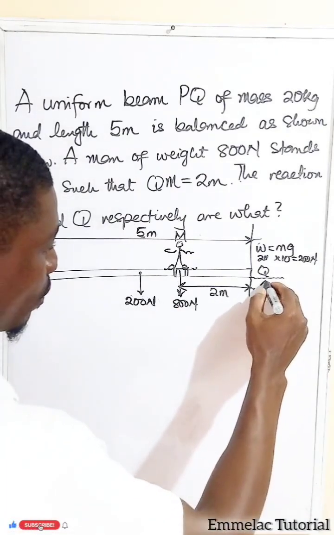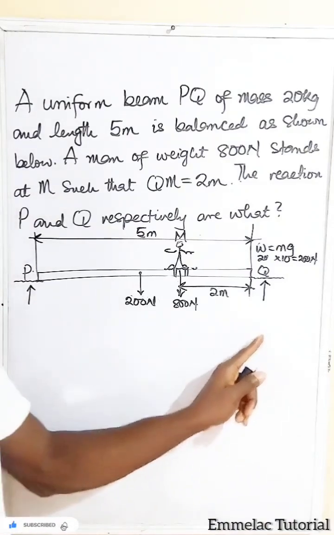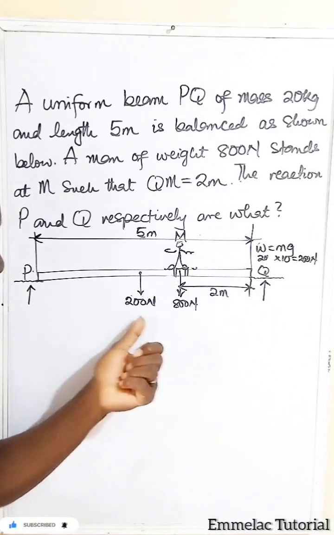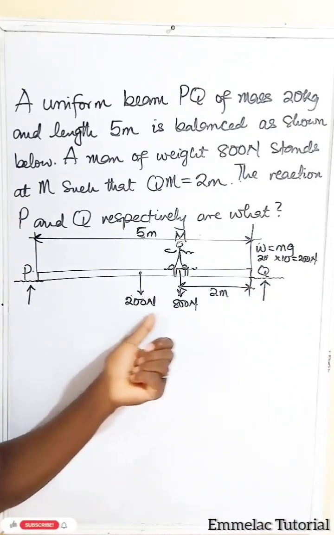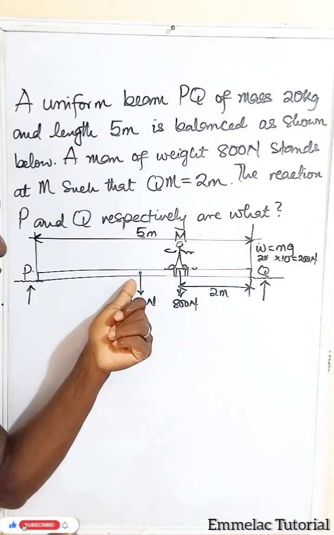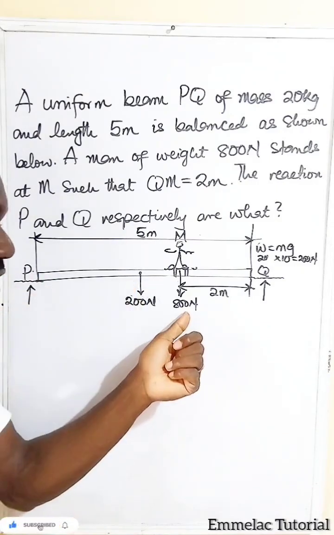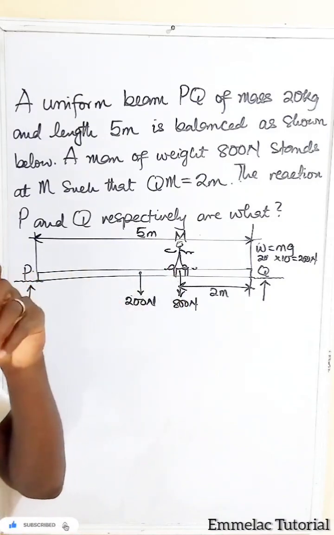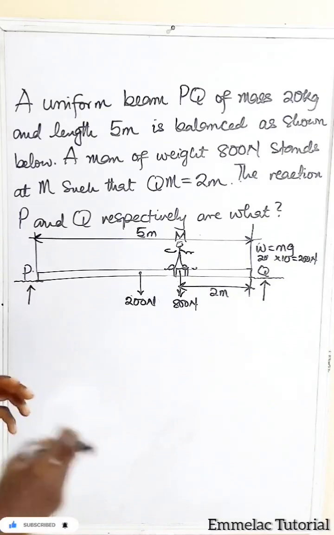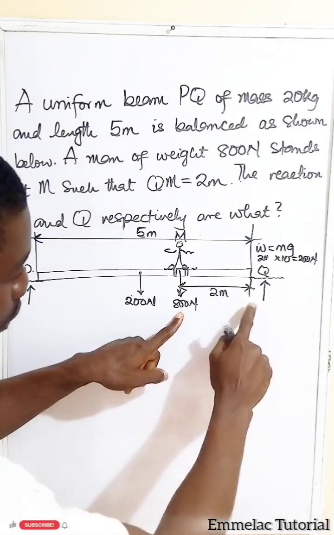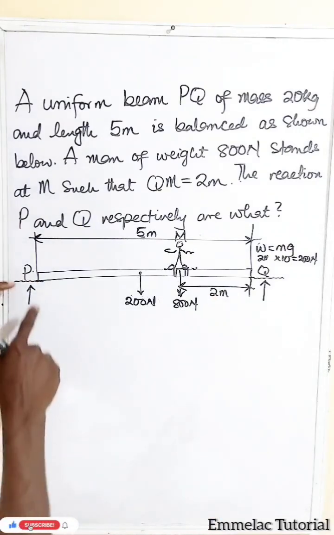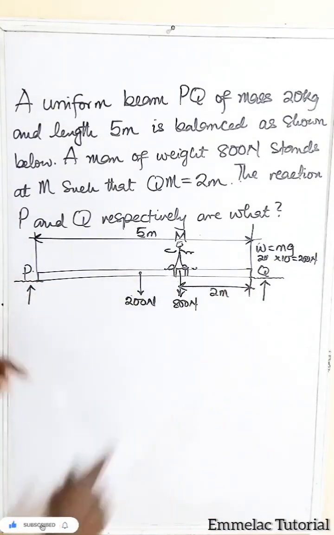Okay, so both P and Q act upward because they are reacting to the downward push of what? 200 Newton, the weight of the beam, and 800 Newton, the weight of the man standing on the beam. Okay, all right, so take note, from the man to Q is 2 meter, which means from P to Q is 5 meter, and